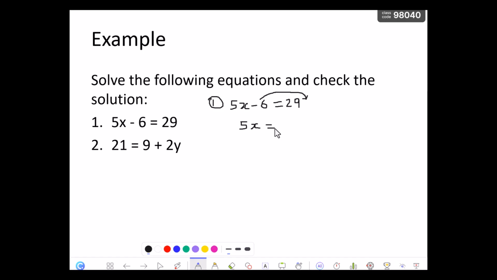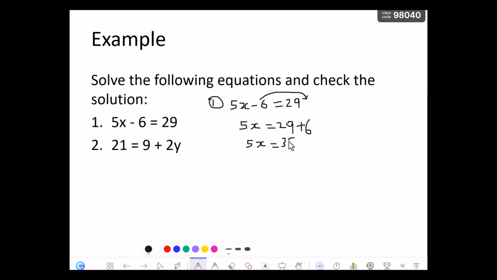5x equals to 29. Same method, don't change the approach. 29 plus 6, because 6 is a negative number. When it crosses over, it becomes positive. So you are now ending up with 5x equals to